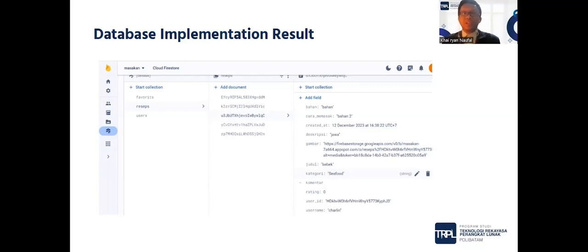Also there is real-time synchronization, because we can synchronize the data from our application. And then the scalability of this Firebase Firestore database can grow as your application grows. So that is why we use Firebase Firestore as our database.